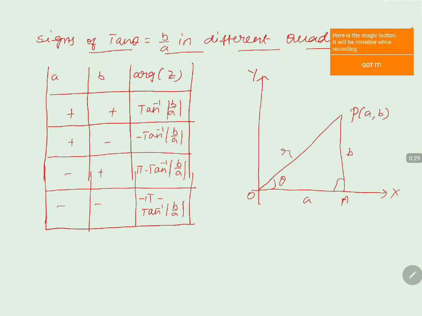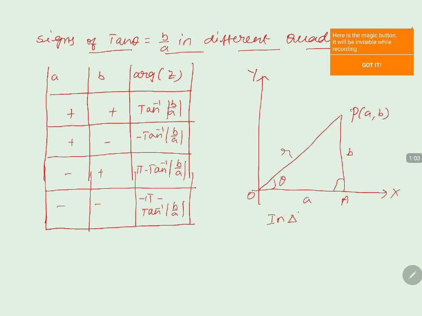Now we'll assume a point P of (a, b) in such a way that we take the perpendicular from the point P towards the x-axis, and we join the point P to the origin. We'll take the distance from P to the x-axis as b, and the distance from P to O we'll assume as r. The distance from the point P to the x-axis is known as b. When we join the point P to the origin, we call the distance r, such that in